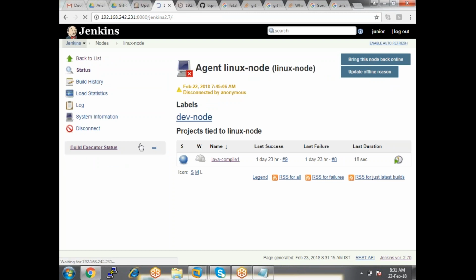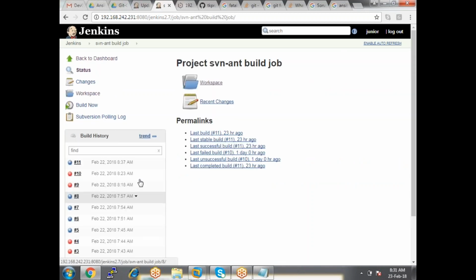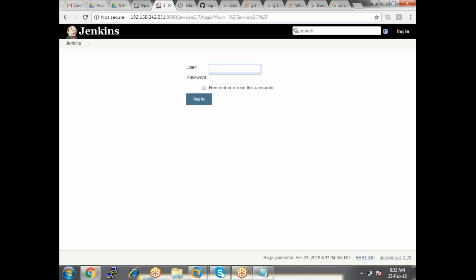And the second thing is at the job level. Look at this job level. Now, can he build a job? He can build a job, but can he cancel a job? He does not have any options to cancel it, and he has access to the workspace. And moreover, he cannot configure and he cannot delete a job. You don't have these options. You can only build the job. You can have access to the workspace, not to any other things. But if you do these kinds of options, what is the disadvantage we have?